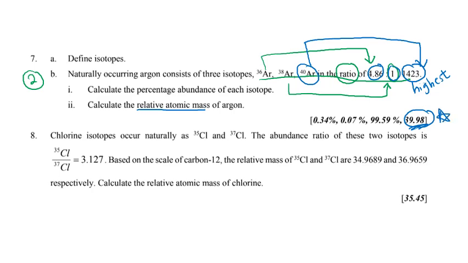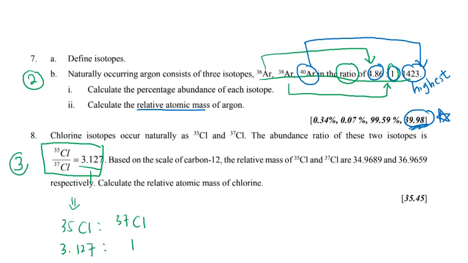The third type of abundance is given in the form of a ratio. If we make it a ratio, 3.127 can be written over 1. In other words, we can make it in terms of ratio, chlorine-35 to chlorine-37, which is 3.127 to 1. For this third type of abundance, the total does not necessarily come to 100, you can use any number. But just remember that when we use the formula for average atomic mass,